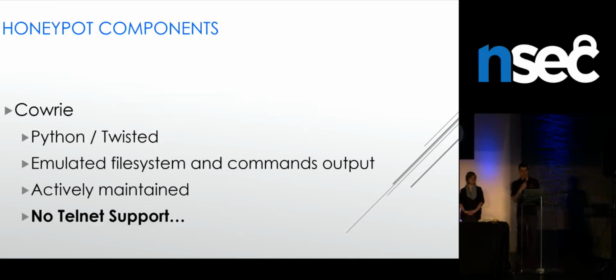As for the Cowrie component, we picked it because it was in Python, which was quite easy to modify. So any time there was some problem that wouldn't satisfy Linux Moose's requirements, we could patch it really quickly. It has a really nice emulated file system, easy to modify and easy to customize. So I basically unpacked the firmware and threw it into the tool that would mimic the file system. It copies all of the characteristics from the firmware, and then you deploy it in the honeypot. It was actively maintained. And it has machine-parsable logs in JSON format, which is good for mass analysis. When you have stuff like that running for months, you tend to have gigs of logs to look at. But unfortunately, there was no telnet support.